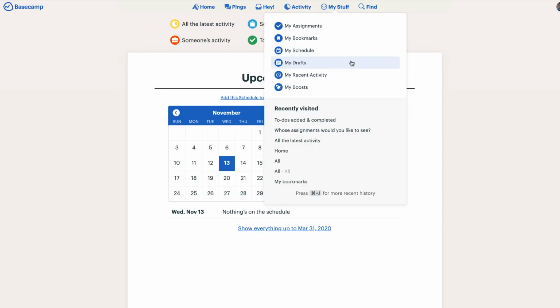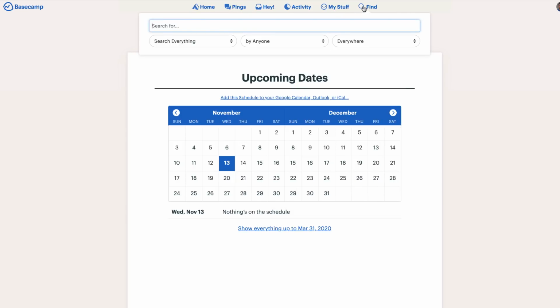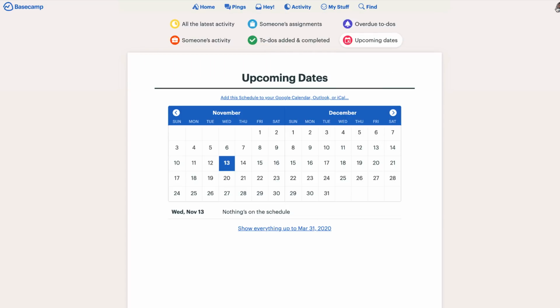You've also got My Drafts, which might help for posting inside of your group, or drafting up useful bits of content that you might be able to share. And you've got My Recent Activity, which we're actually on, and My Boost. So there is an area here that allows you to see recently visited. I'm using this currently on web, so you can use Command J on Mac to actually access your recent history. And you also just have at the end there a search bar,